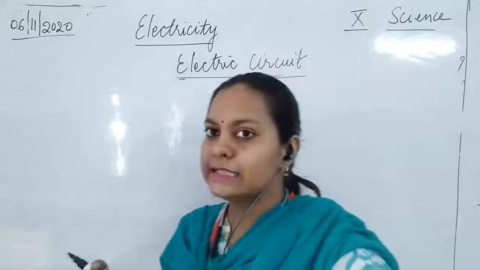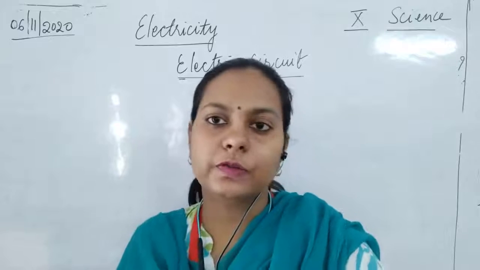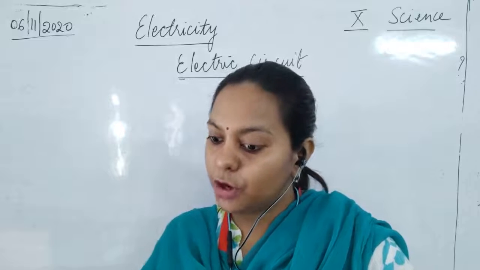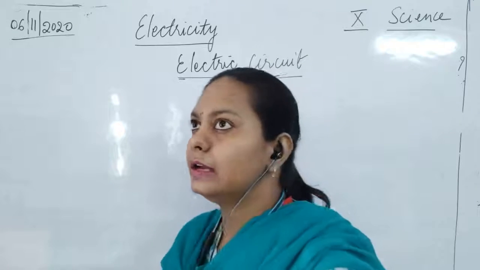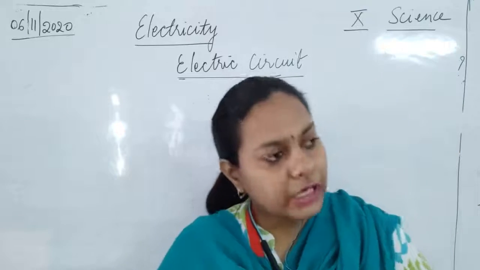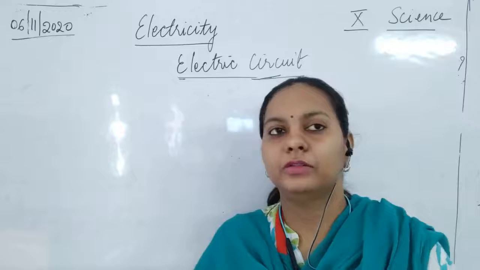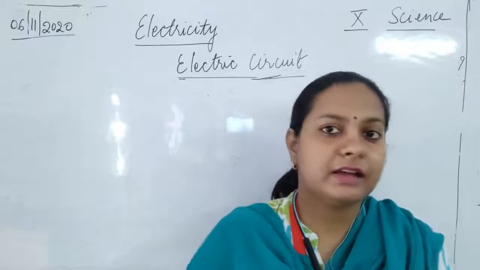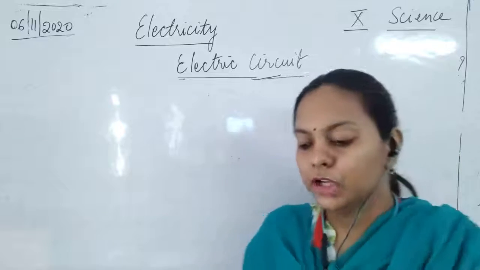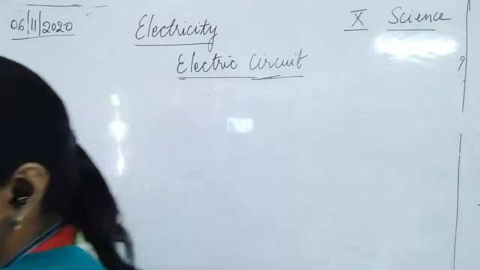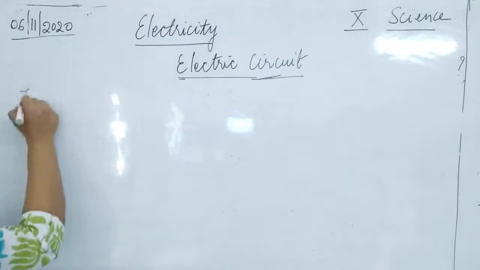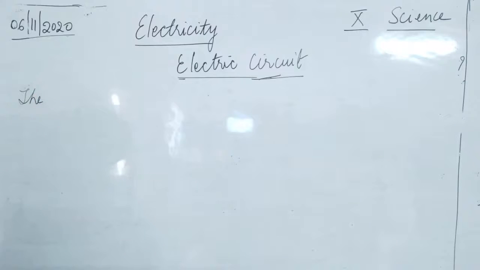We say that current has to flow with the help of certain components. It follows a path. It is not that our current can go anywhere. For example, your house has wiring; will the current ever leave the wire and go elsewhere? No. Isn't it? It follows a complete pathway. So the complete path which is followed by the electric current is said to be the circuit. So what is a circuit?